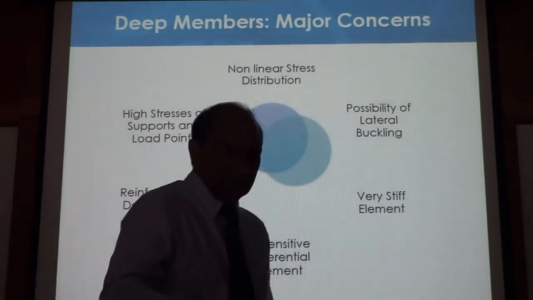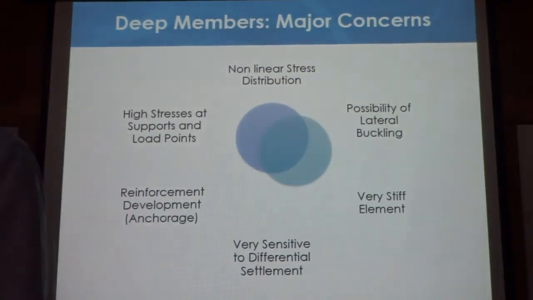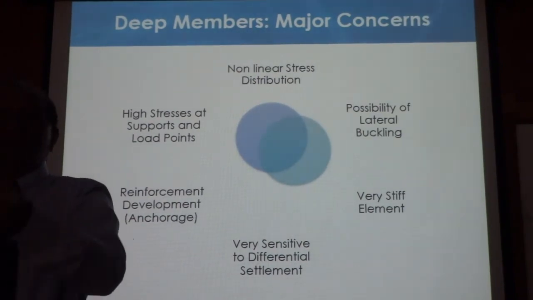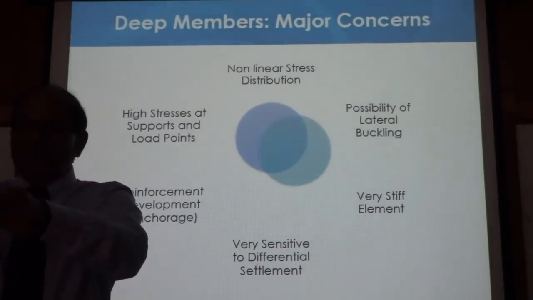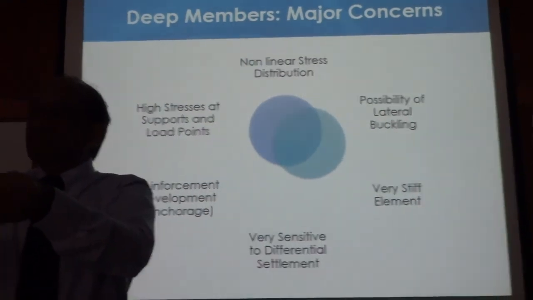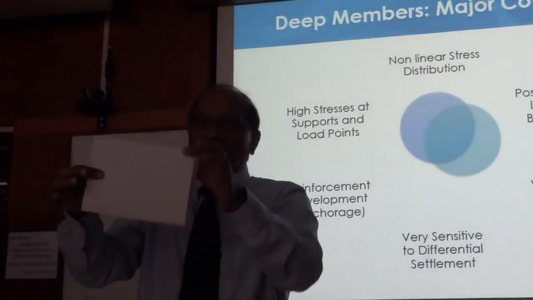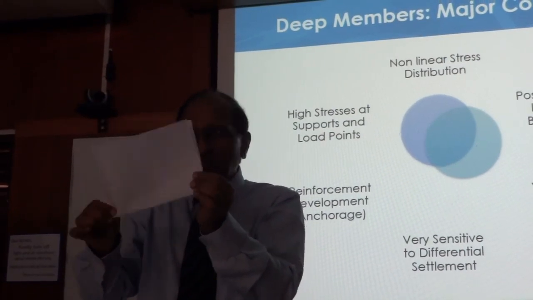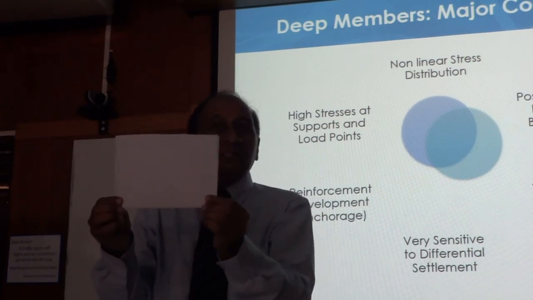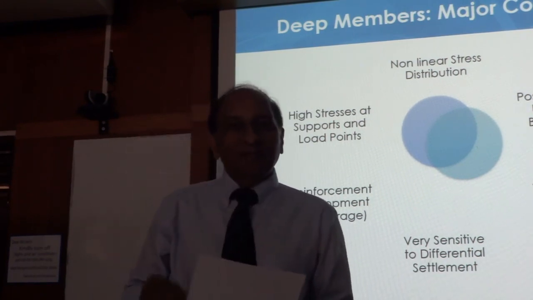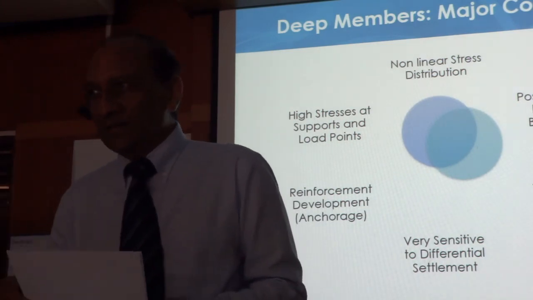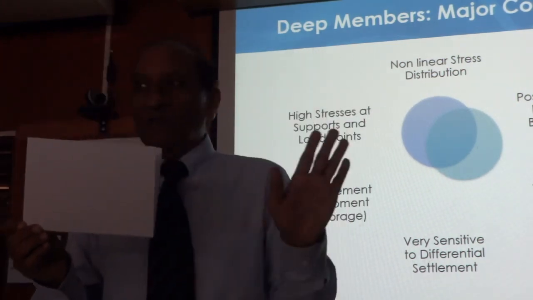If it is paper, can I have a paper? Okay, paper like this one, right? So no stiffness, I can bend it easily, right? No problem. So if I do like this, there will be hardly any stresses. The paper will just deform like that. If I do it like this, now if I try to bend even a little bit, it cannot. So very high stresses and moments will develop because the stiffness is so high, and deformations are related to stiffness, correct? So small deformation produces a lot of bending moment.